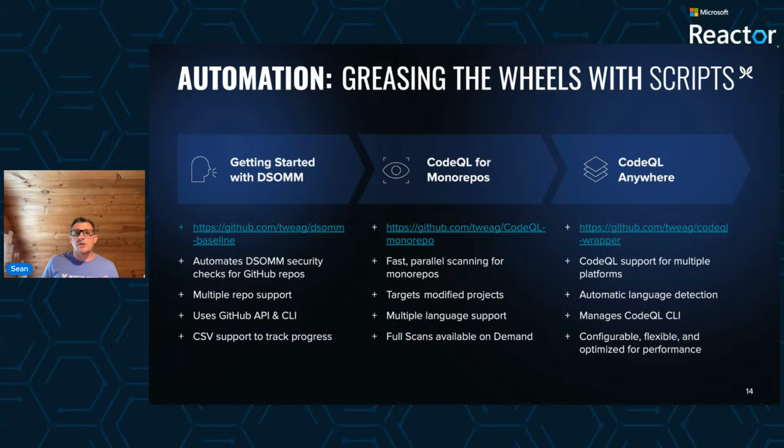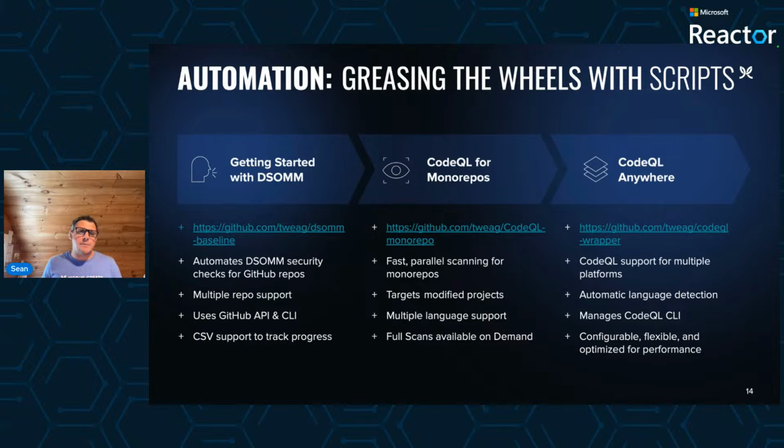Now, much like CodeQL for monorepos, our third script was developed in response to a problem we encountered with a client in the home security sector. Now, this particular client had a complex development environment that used multiple CI/CD tools, including Harness, BuildKite, and Jenkins for their legacy deployments. Because of this, dozens of person hours were spent installing CodeQL CLI into these pipelines, and dozens more hours were spent troubleshooting the integrations.